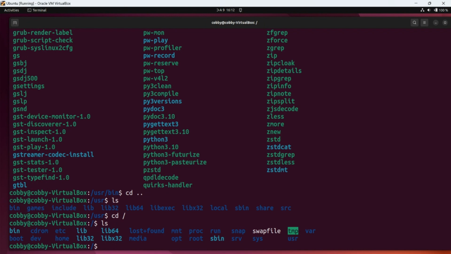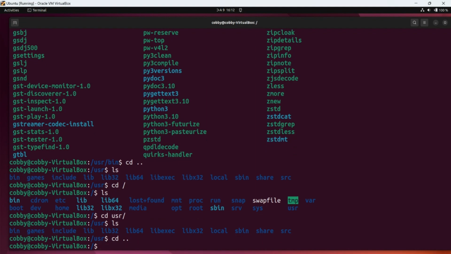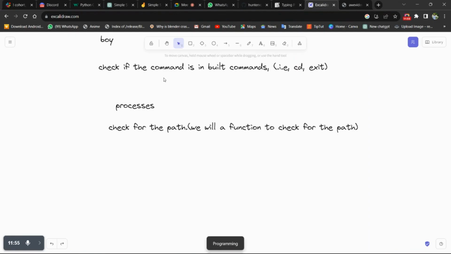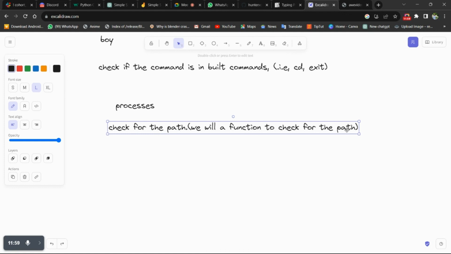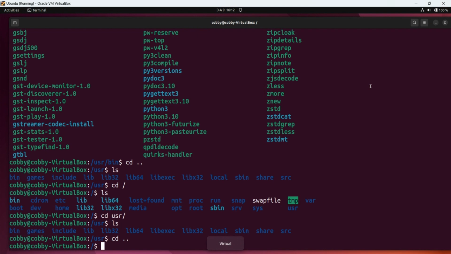Let's say it first checks whether user has ls. No, it has to go back again. That is very tedious. So we will need a function to check for the path. We'll implement it, don't worry.